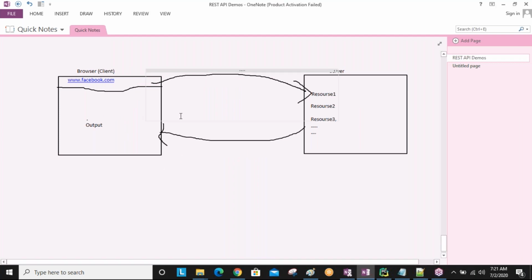Now here, when you send one request, you get the response, sir. At that time, some presentation you are developing, and that presentation communicates with the backend technology.